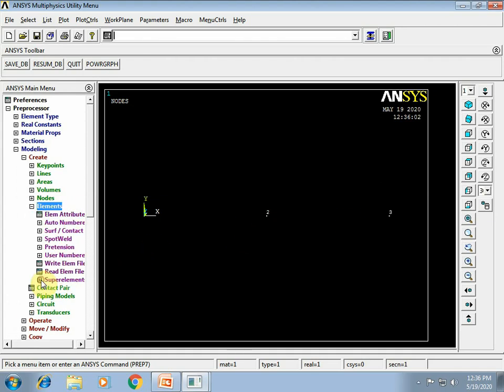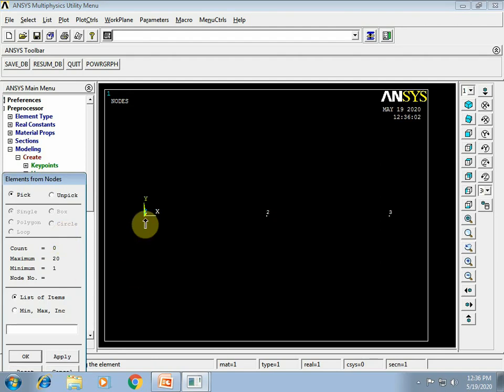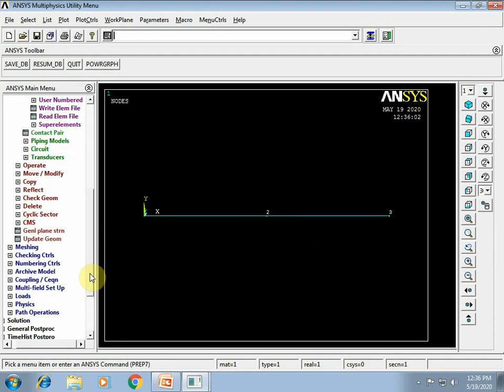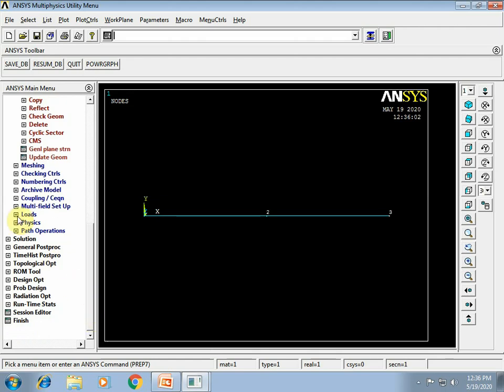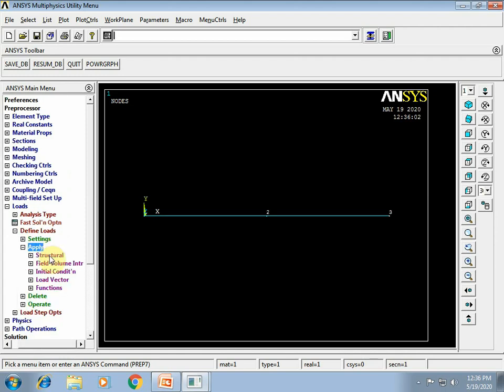Now go for element. Here you need to click on auto numbered through nodes. Select node number 1 and 2. Click on apply. Now select node number 2 and 3 and say OK as it is the last element. Now I'll go for loads to apply the boundary condition. Click on loads here. Define loads. Apply structural